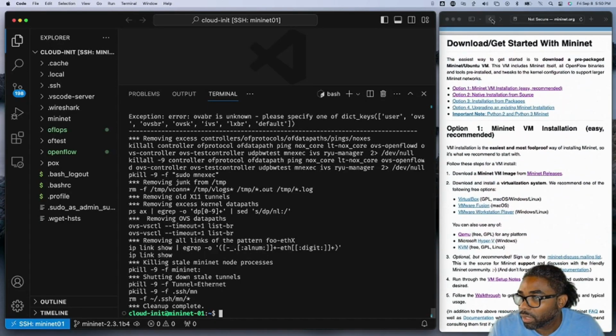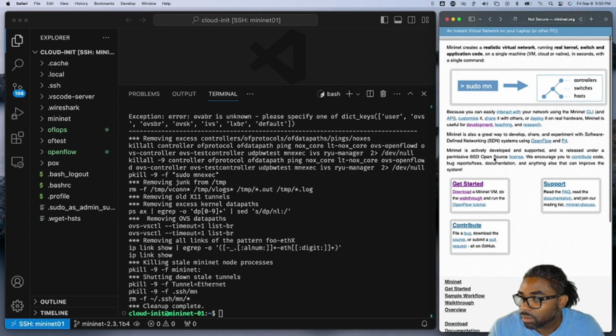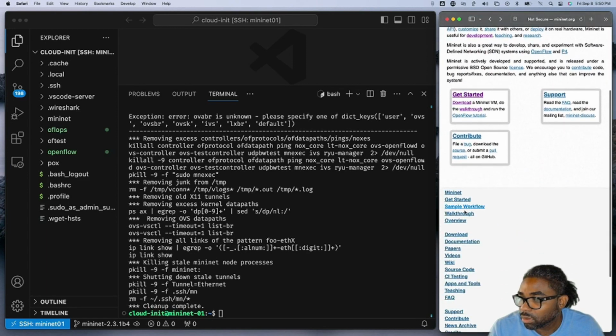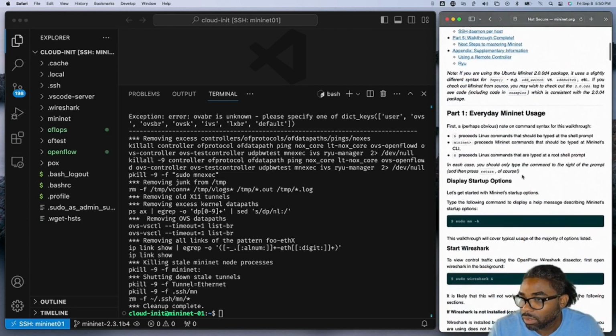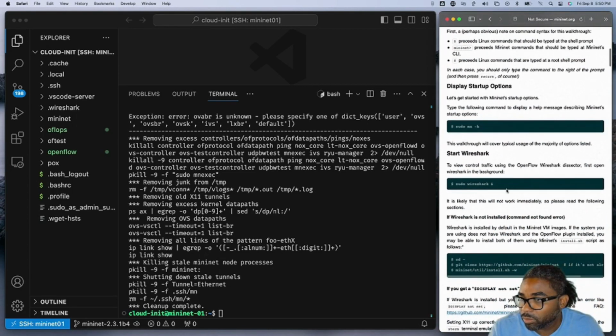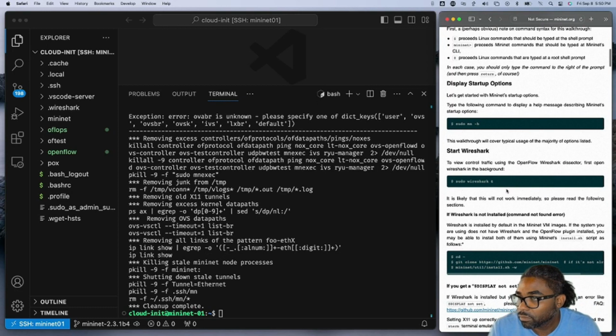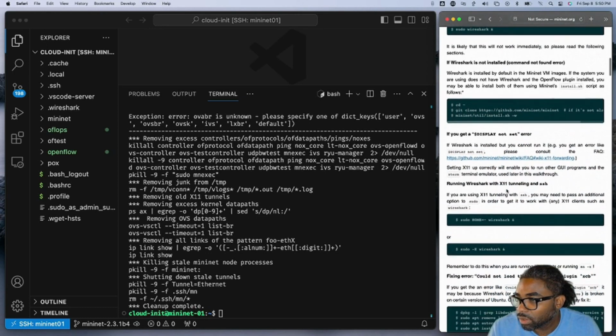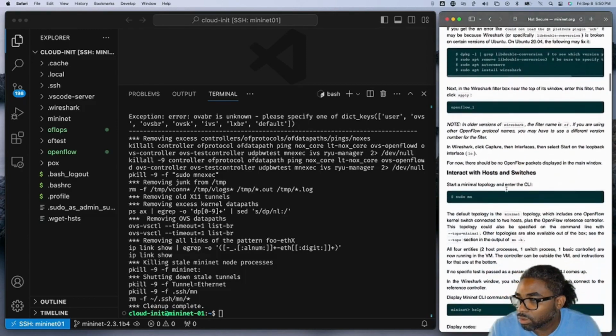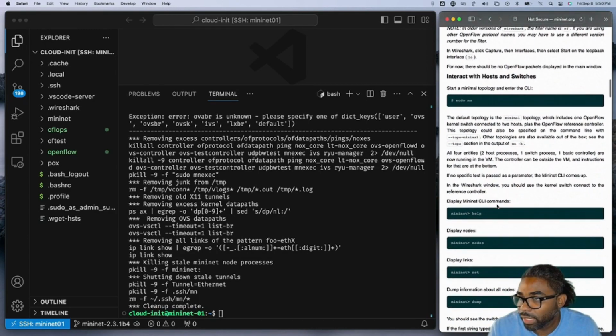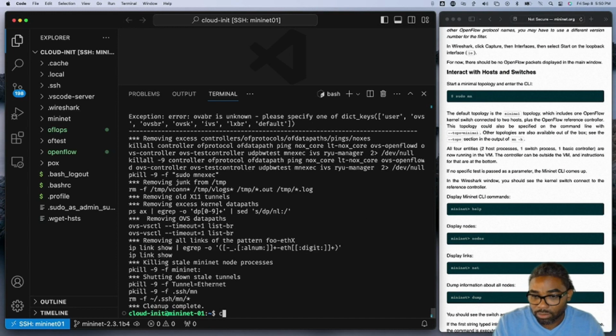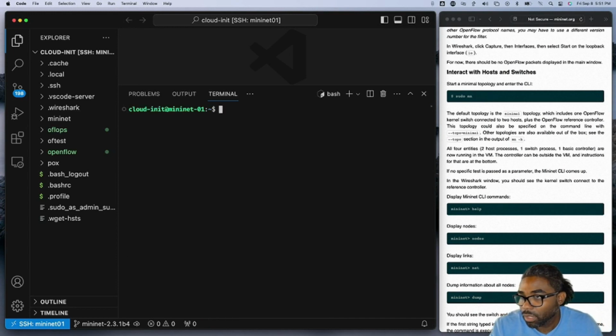If we go back, let's work through and see. I ran through these before, but display setup. We want to look at, not do the Wireshark. Let's do the interacting with hosts and switches. Let's do this. So let's clear this. And if we just do a sudo mn,